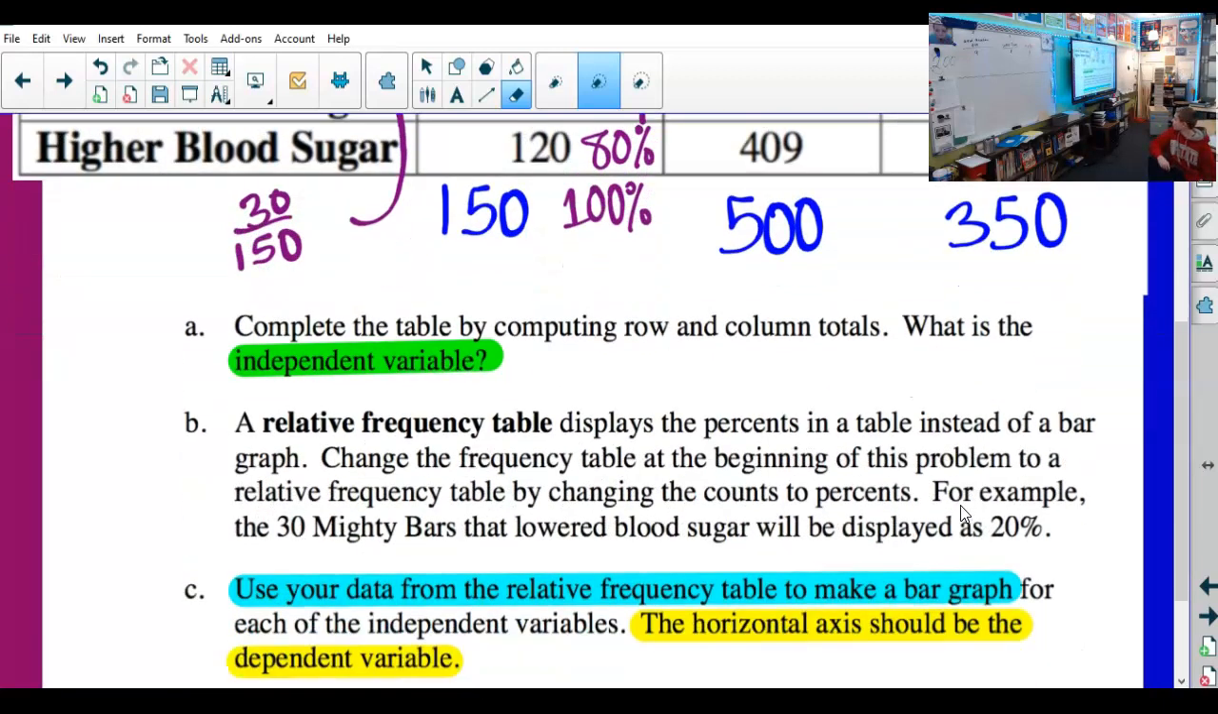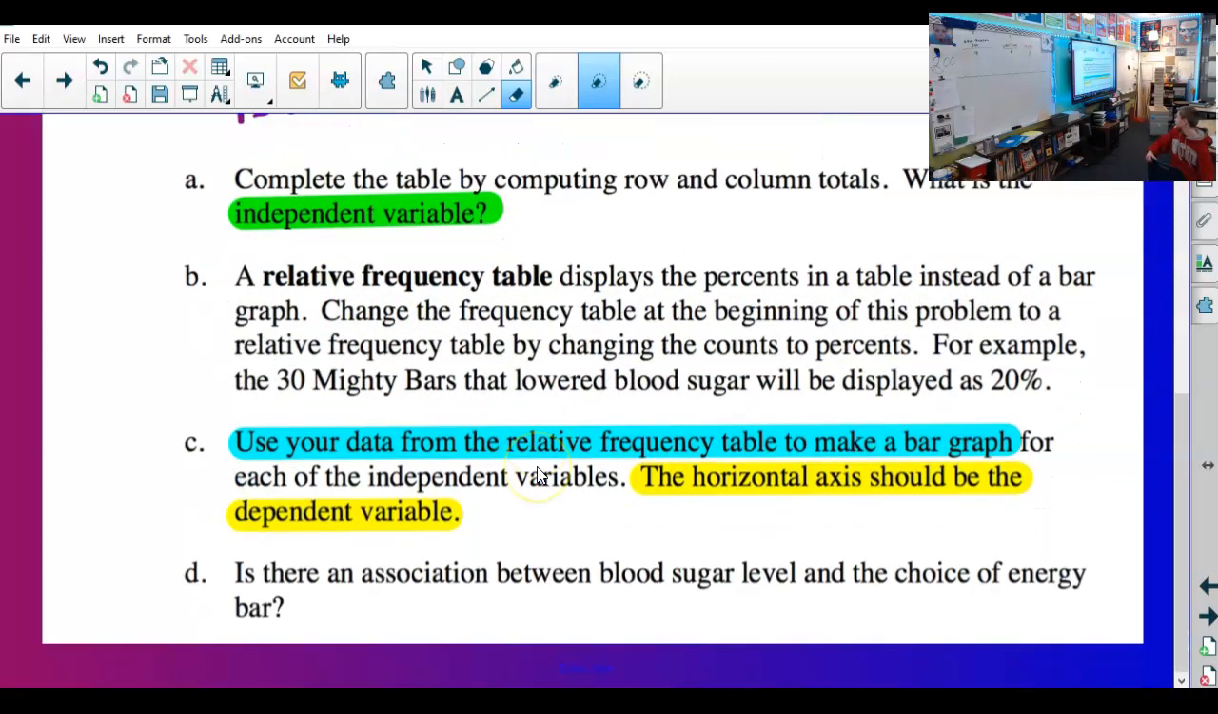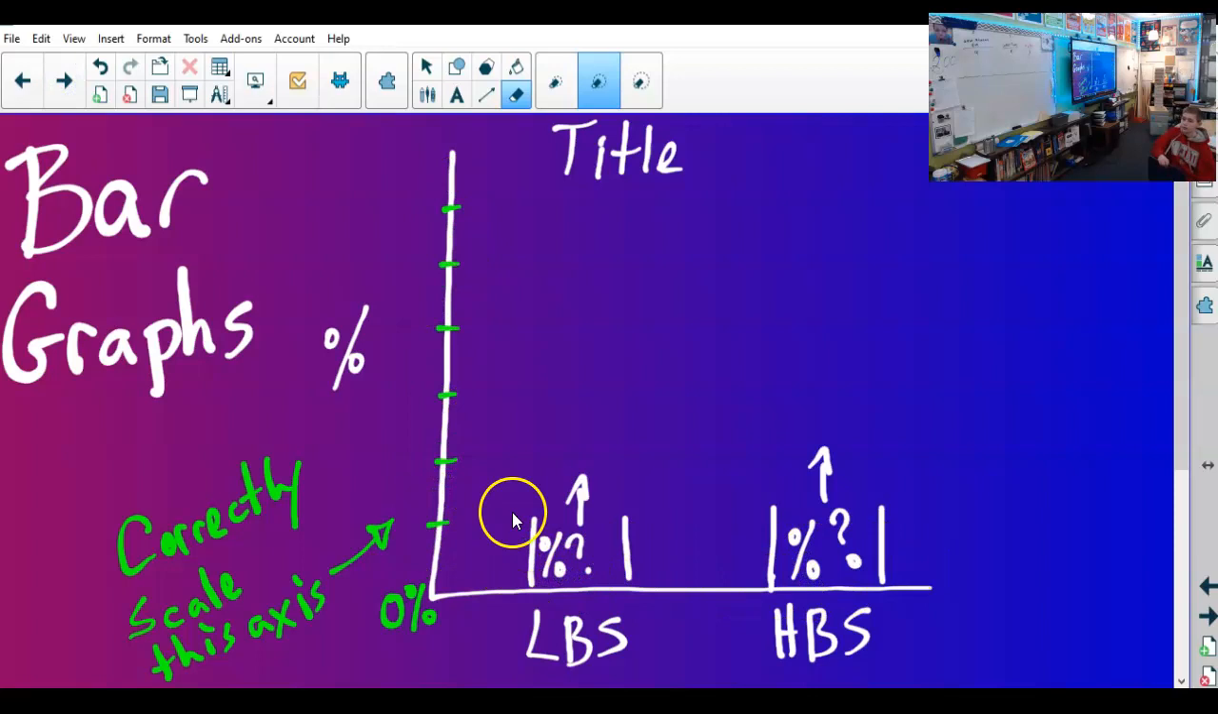So if you want more details about this, a relative frequency table, right? What we're now doing displays percents in the table instead of a bar graph. So like we did yesterday, we're changing to percentages, and once we go to make the bar graph, the horizontal axis will show just the categorization. The y-axis, the vertical axis, will show our percentages. So like this. Based off our data, our HBS, our higher blood sugar, is going to be taller than our lower blood sugar. But let's see what bar graphs you guys make